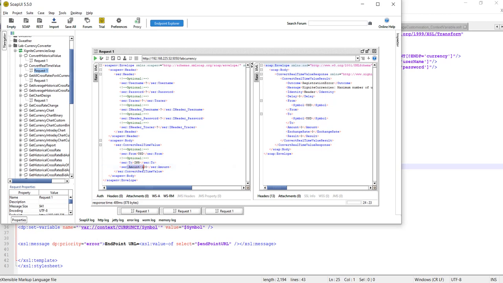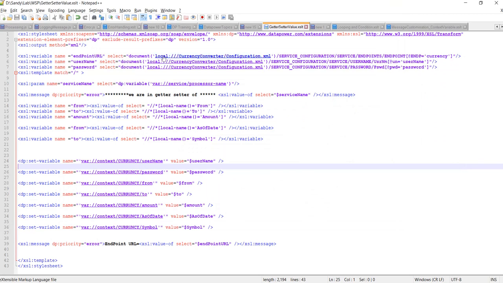So these are dynamic values. Whatever static values we keep in the configuration file, and the dynamic values we read from the request message, we then store those values, and we set all these values into context variables like username, password, from, to, amount, as of date.